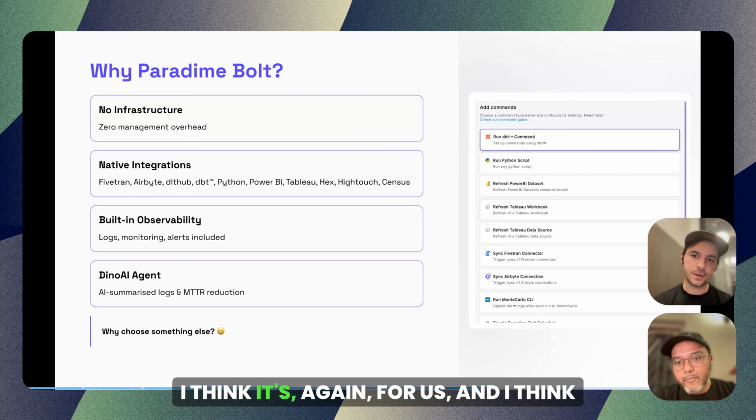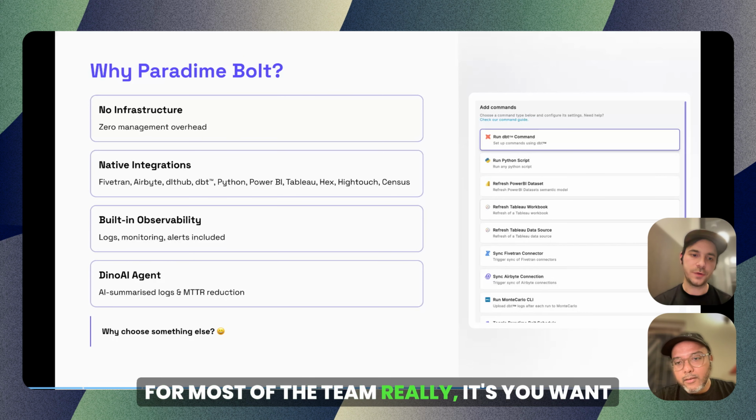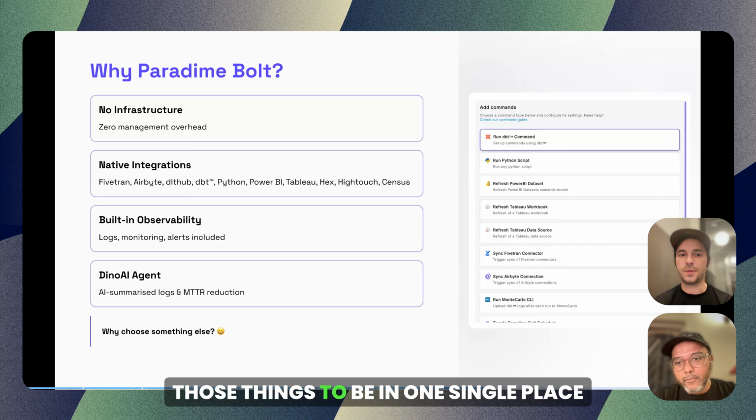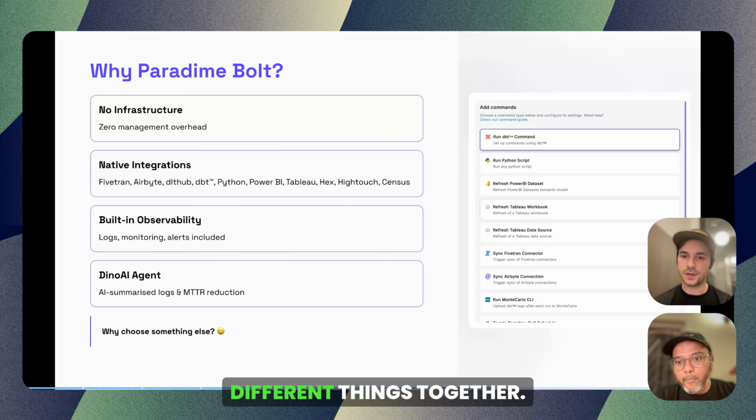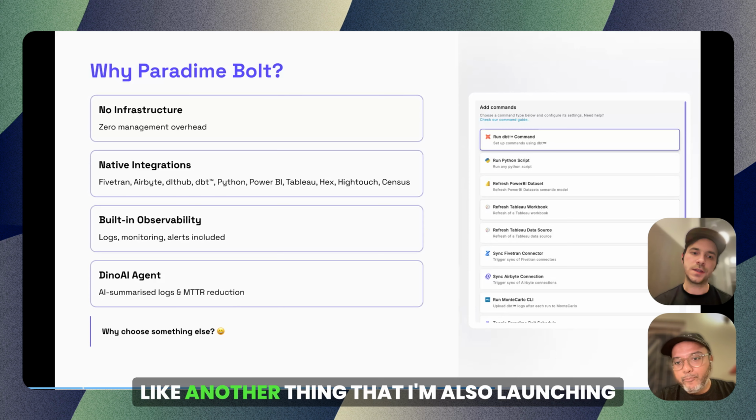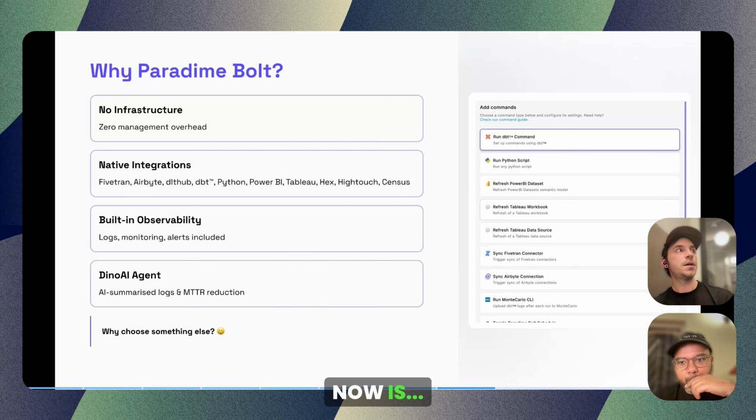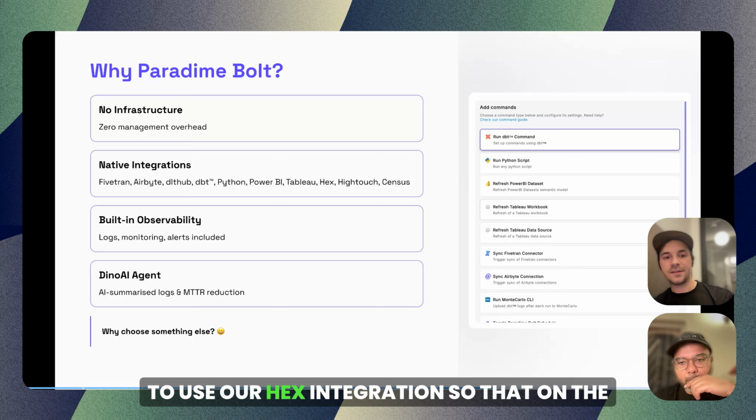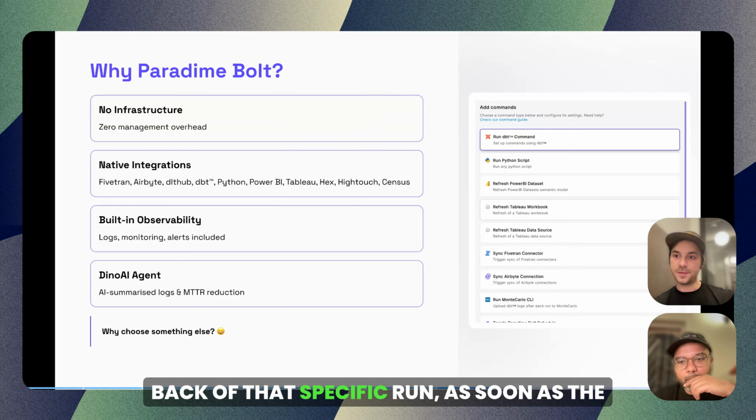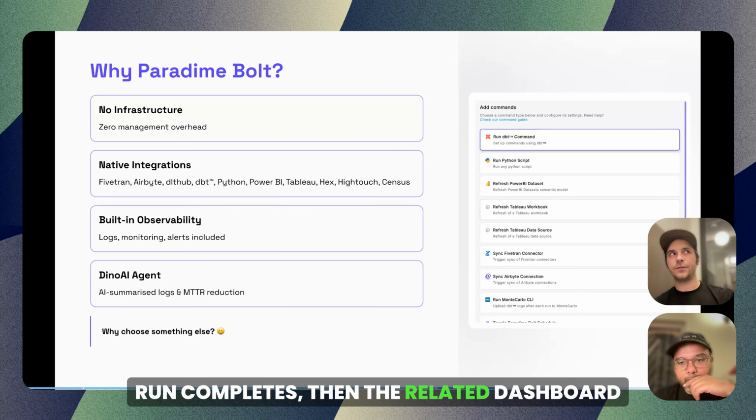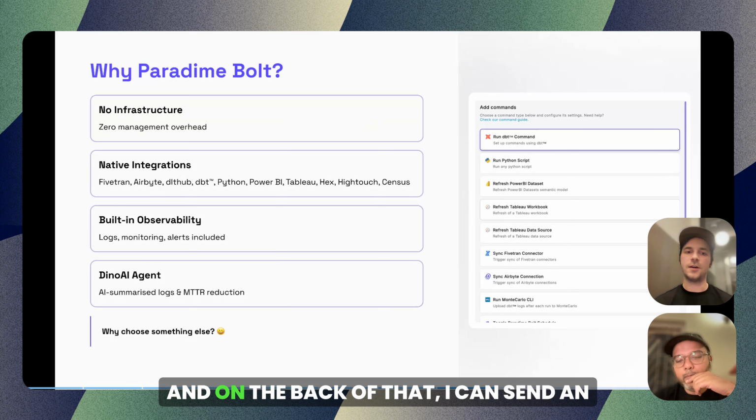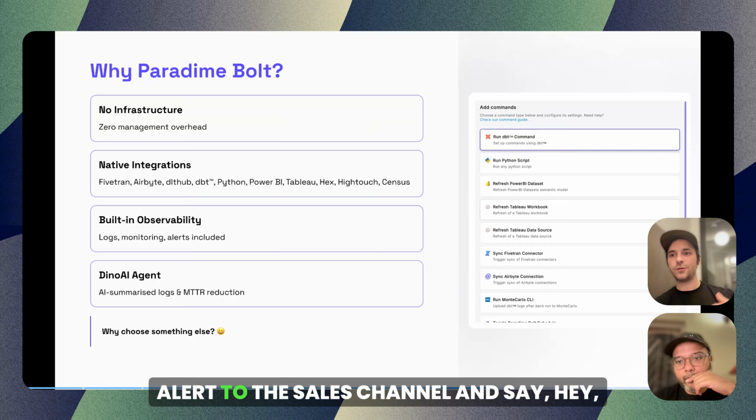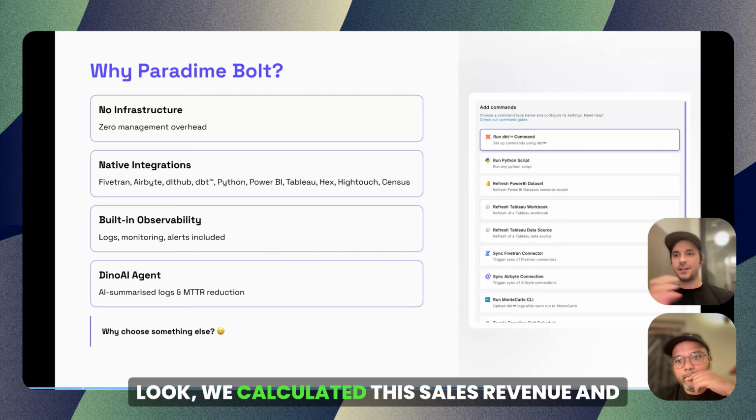Totally, yeah. I think for us, and for most of the team really, you want those things to be in one single place, ideally, right? You don't want to have to hook up so many different things together. Another thing that I'm launching now is to use our Hex integration, so that as soon as the run completes, the related dashboard to that pipeline also updates right away internally. And on the back of that, I can send an alert through the sales channel and say, hey, look, we calculated this,